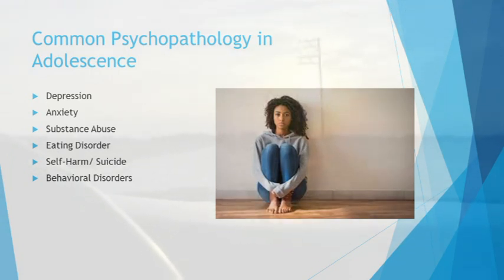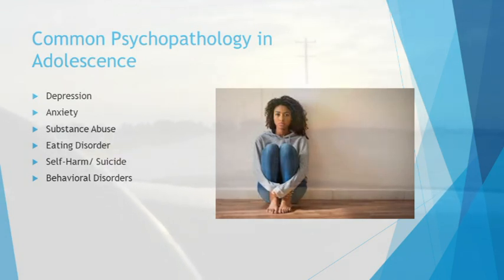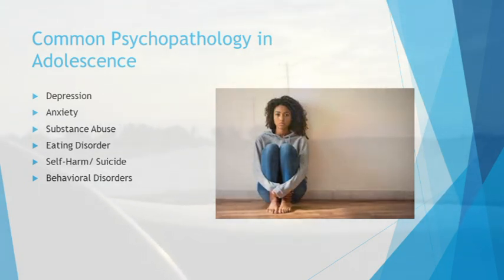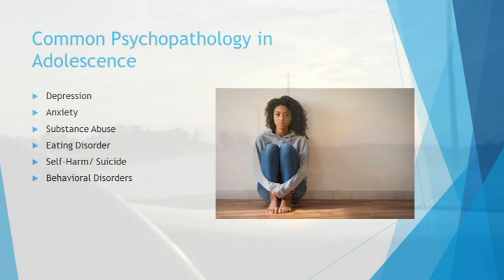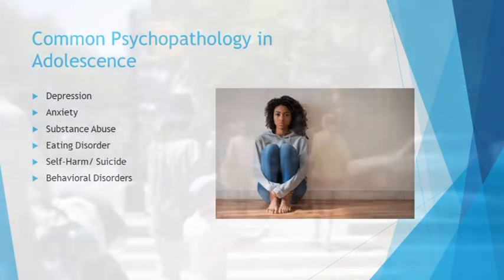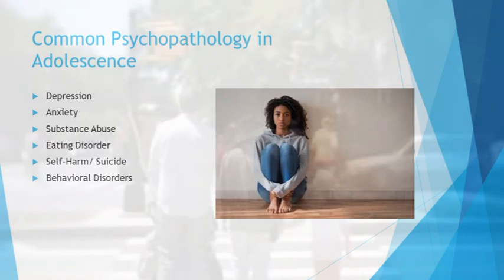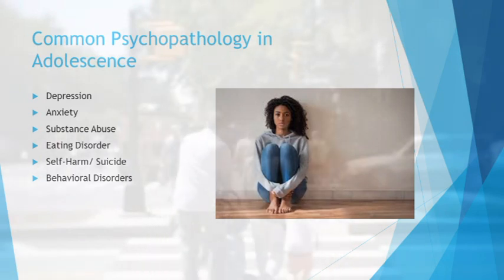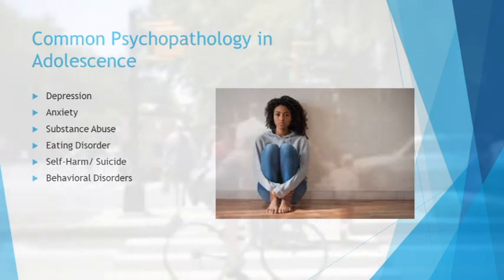Then there's also substance abuse. We've talked a little bit about why substances can be such a huge risk factor due to the neurobiological development in adolescence. And adolescence is, of course, a time of experimentation. And many adolescents will engage in substance use as a way to cope with stress and cope with peer pressure or emotional difficulties. And substance abuse